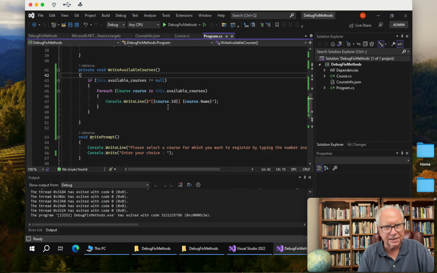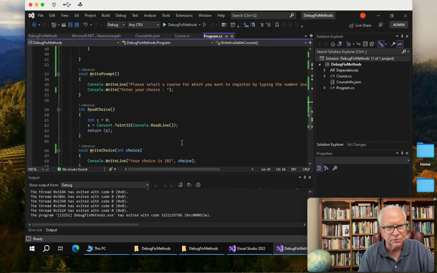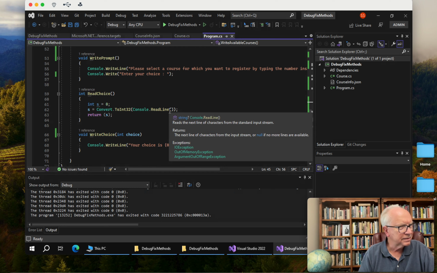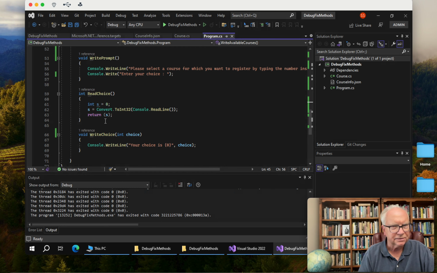Okay, we're going to do that inside read choice. Right now we're just reading it from the console as an integer and returning it. That's it. So what we're going to add to this is